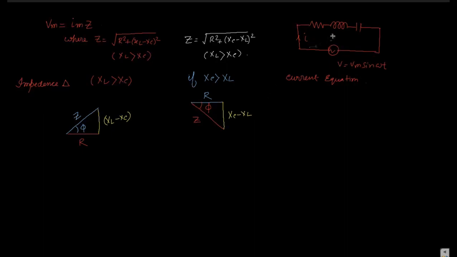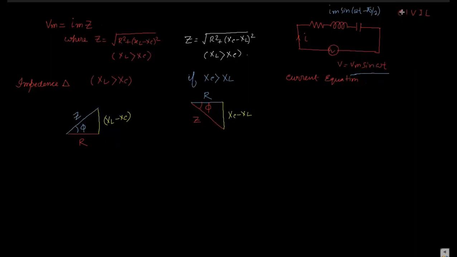When current is flowing through the inductor, remember CIVIL: for an inductor, voltage is leading, current is lagging. So if the voltage is Vm sin omega t, then the current becomes Im sin omega t minus pi by 2, because the current should be 90 degrees below,